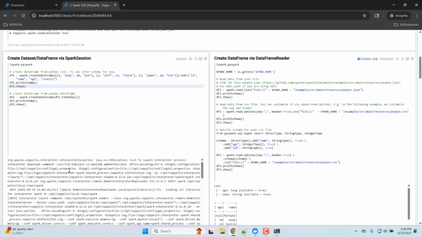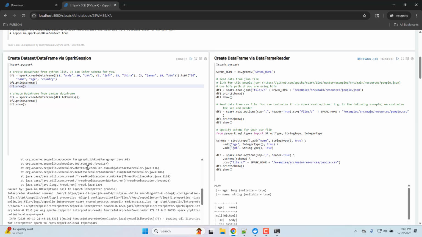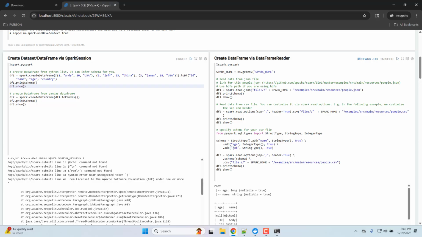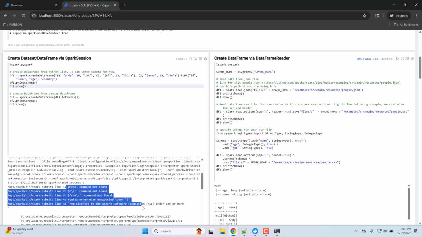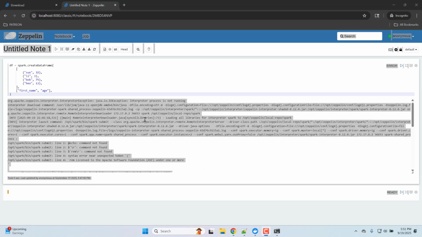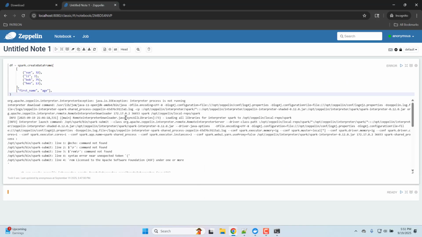And it failed because it's trying to use Java 11. Not sure what that is about. It's okay, it's complaining about command not found. All right, so looks like the issue is with the